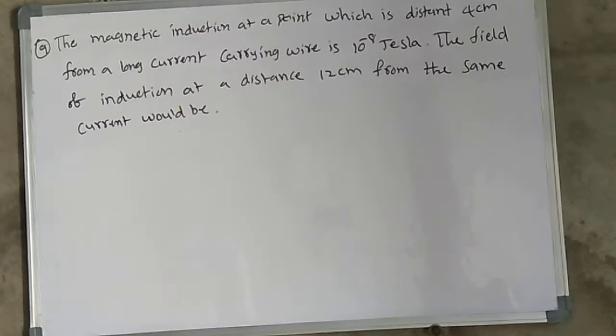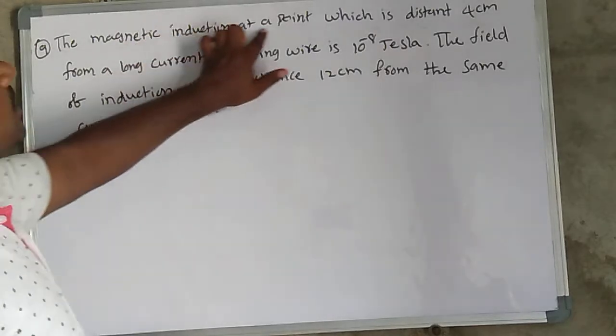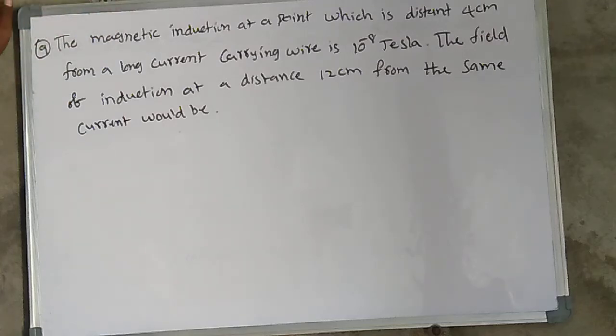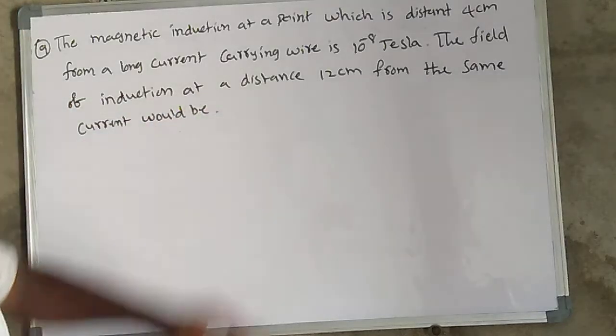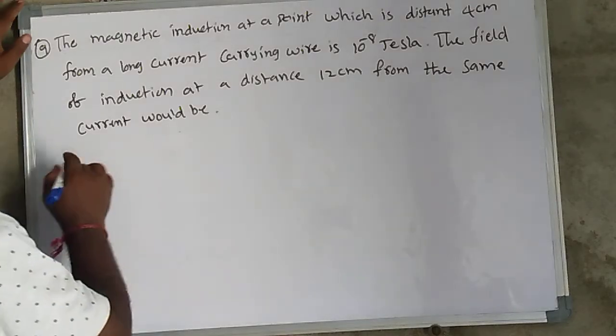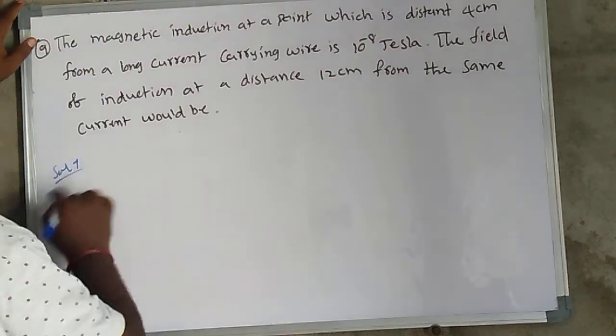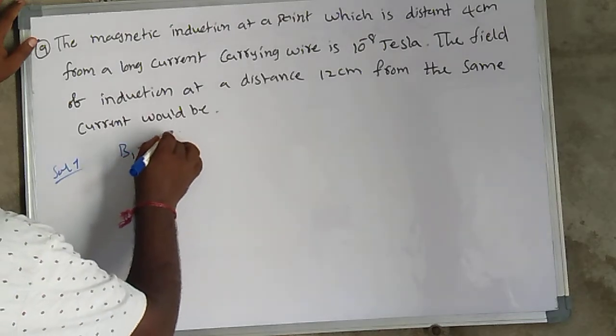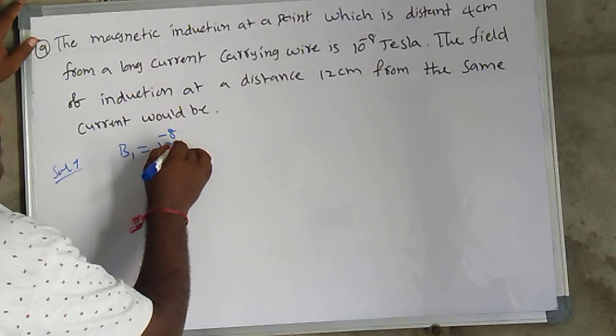Another important model: the magnetic induction at a point which is at a distance 4 cm from a long current carrying wire is 10 to the power minus 8 Tesla. The field of induction at a distance 12 cm from the same current would be? So here the solution. The given data: B1 is equal to 10 to the power minus 8